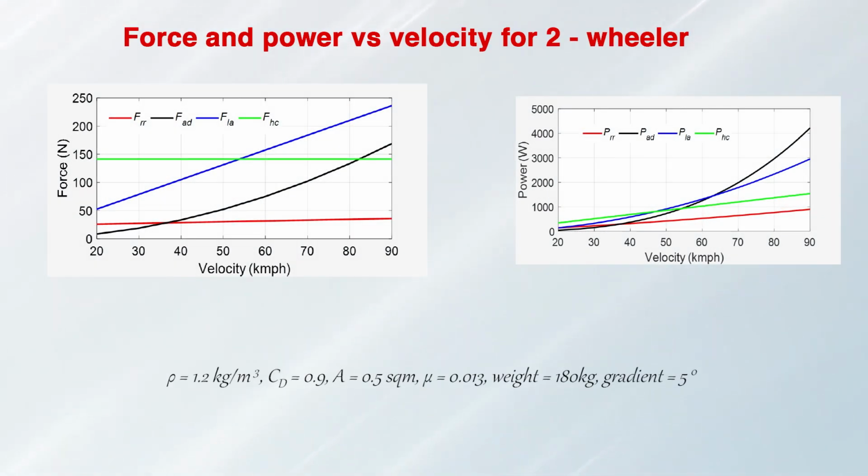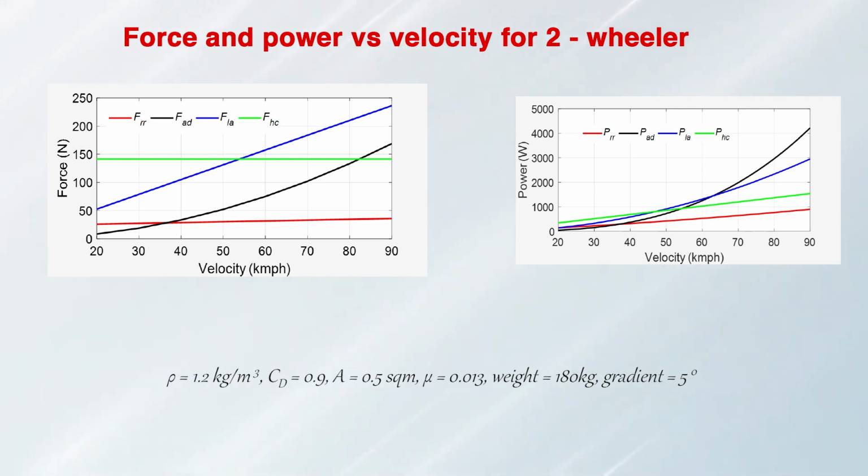Now, in a two wheeler, we have calculated a small graph for velocity versus force and velocity versus power for different values of velocity. We have considered rho, CD, A and mu and a gradient of 5 degrees. Now, if you observe the different forces and how they are increasing with respect to the velocity, it is clearly observed. So, if you see there clearly,